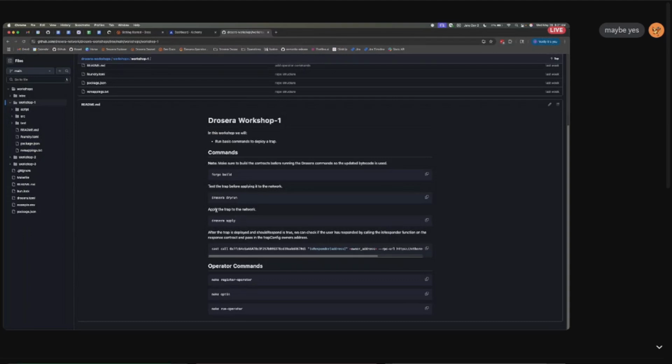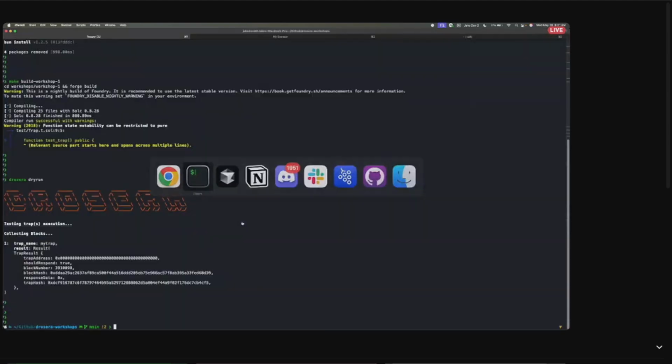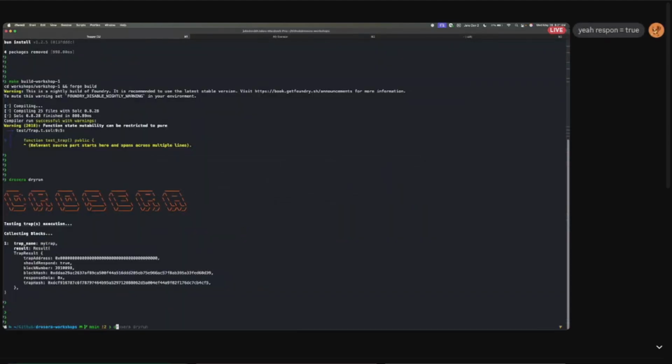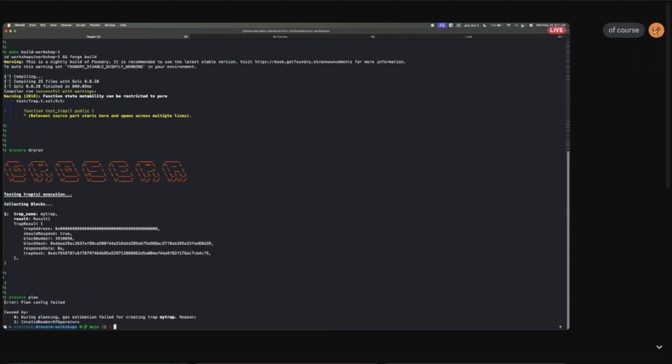Now we're actually going to apply this trap to the network. So we're going to run Drosera apply. First, I just want to demonstrate one other command, the Drosera plan command. And this just figures out, is this a new trap? Is it an existing trap? Are we updating? And when I run the apply command after this, that is essentially like bundling the dry run command and the plan command together, and then it will actually give you the choice if you want to deploy it or not. So if you're not actually ready to deploy,